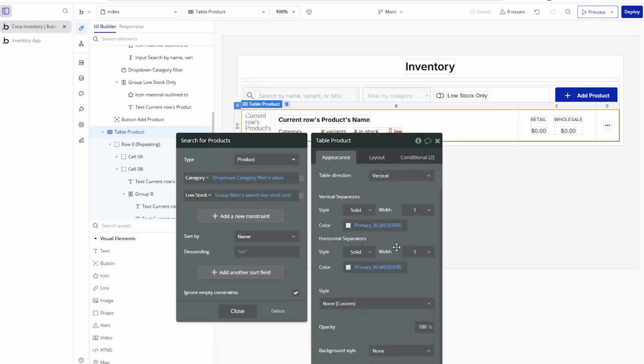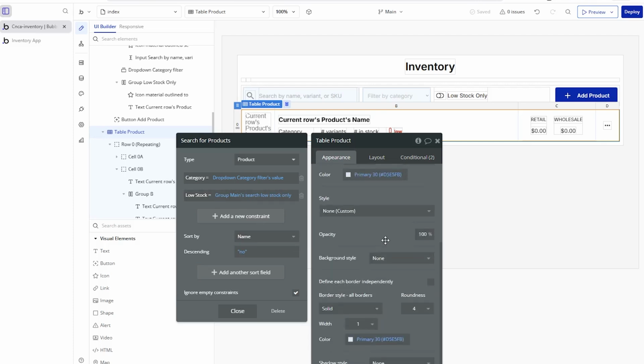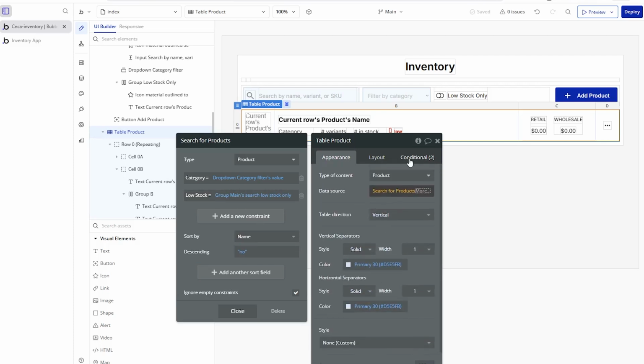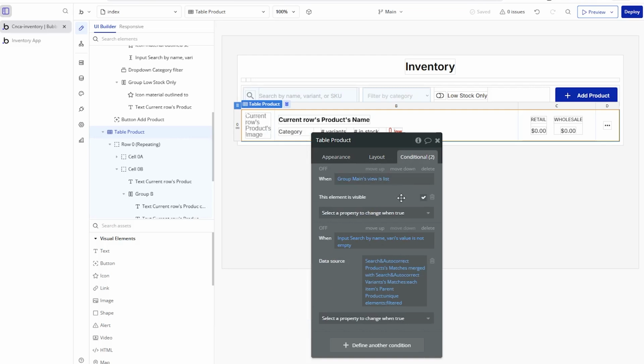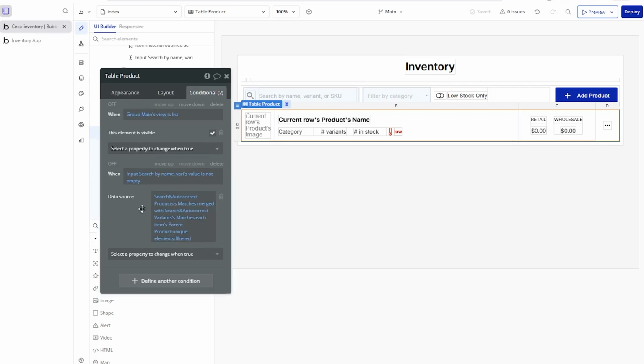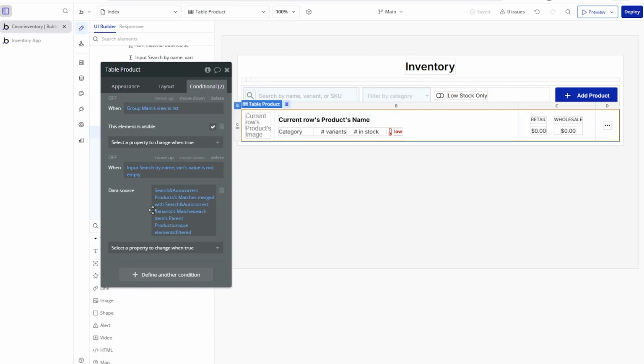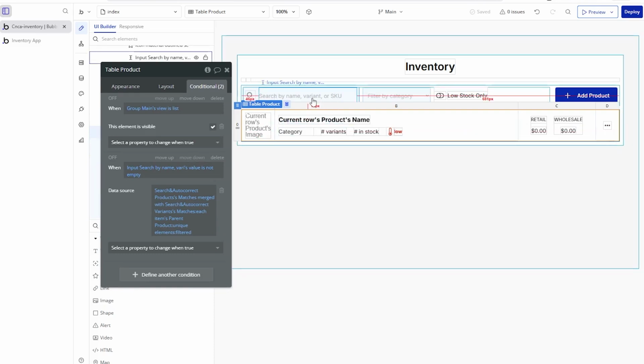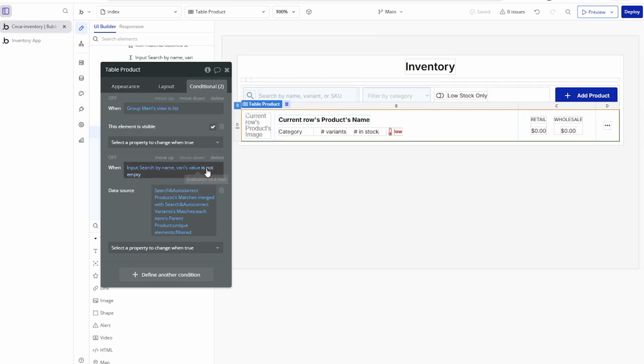You can change all of the visual properties around colors of borders and separators for your table within the property editor. Now I do want to go over to the condition so we can talk about the search functionality here. So this is the second condition on the table. The first one was just the visibility for that view state. The second one is going to be responsible for changing the data source if we do any kind of keyword searching here. So when the input's value is not empty,